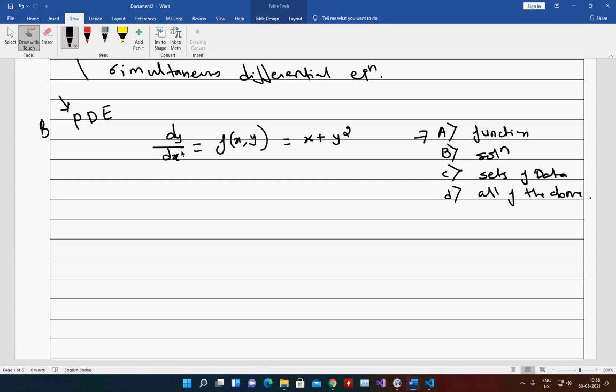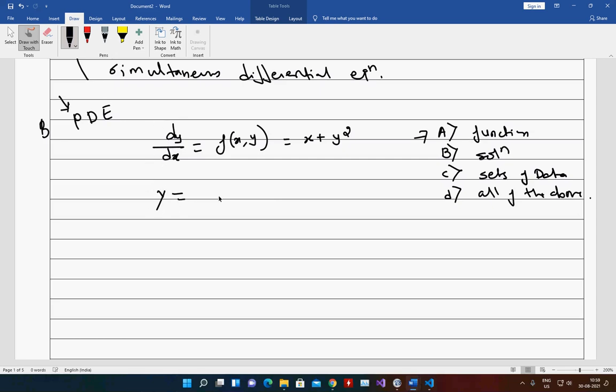Okay. So when we solve dy by dx, of course for differential equation solving, I have to go for the integration.